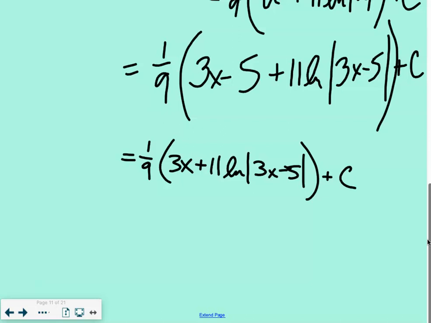Oh, the hands are up. Yes, Ari. Wait, so how did you get the -5 to go with the C? Because it's just a constant, like you can distribute in the 1/9, and then you just have 1/3 x minus 5/9 plus c. Constant plus a constant is a constant. Oh. Right? Yeah. Why wouldn't you take it out of the